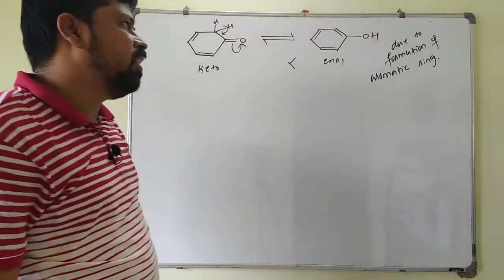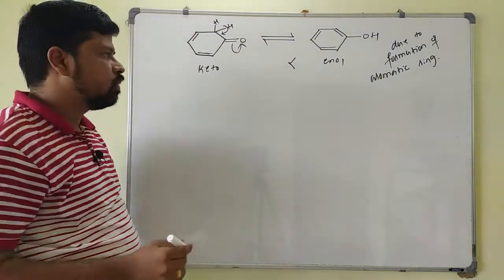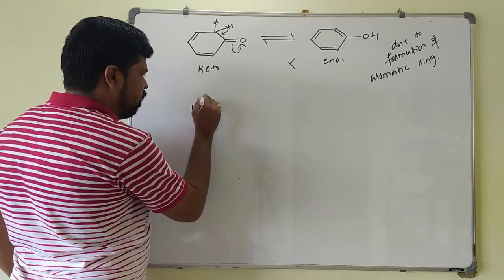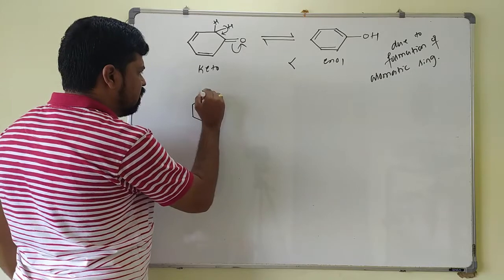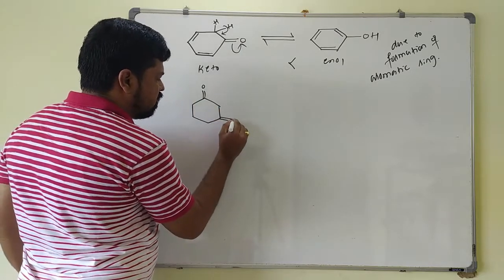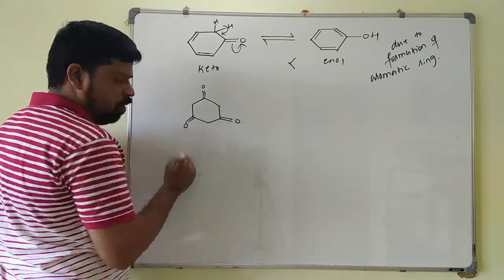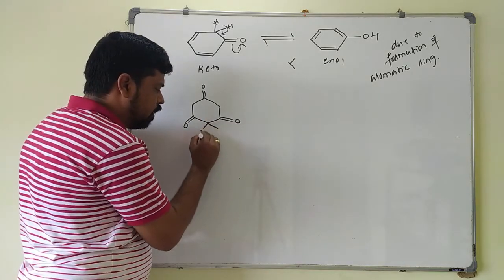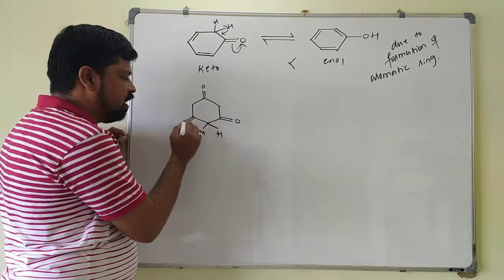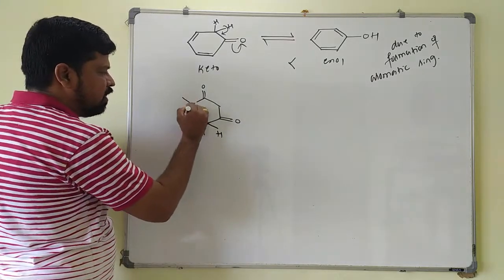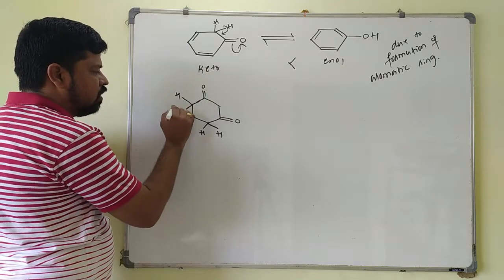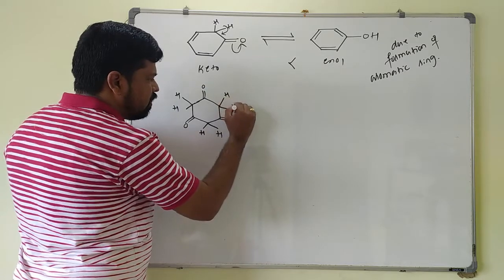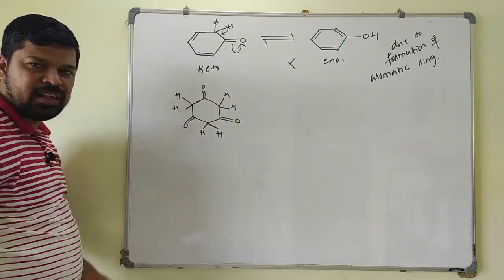Due to formation of the aromatic ring, the enol form will be more stable than the keto form. So the next example they can give like this. Again it will be involved in aromatic ring formation. See here, this will be C double bond O, and C double bond O, and C double bond O. With respect to this heteromultiple bond, this will be an sp3 carbon atom which has hydrogen atoms here. With respect to this heteromultiple bond, again this will be an sp3 carbon having an alpha hydrogen atom. With respect to this one, next this will be an sp3 carbon, hydrogen atoms are there here.